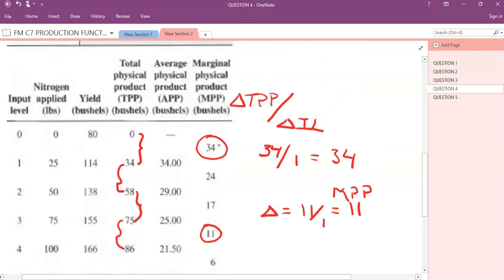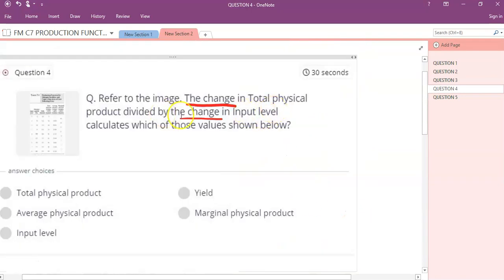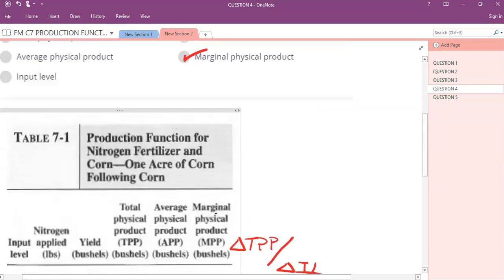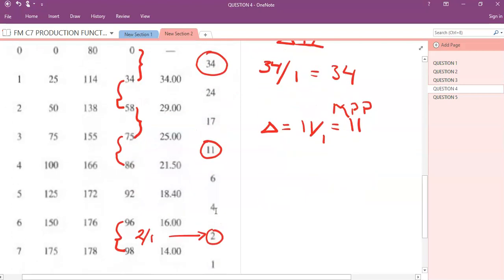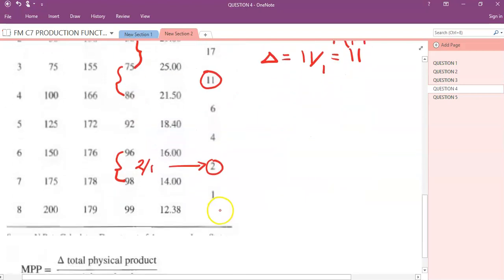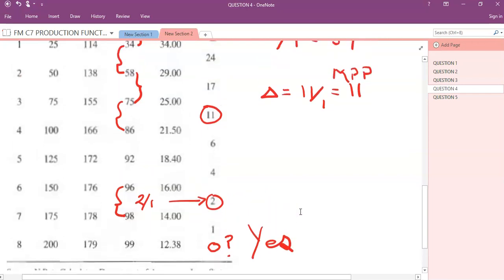Back to our original question. The change in total physical product divided by the change in input level calculates which of those values shown below? Marginal physical product. There's our choice right there. Is it possible that this marginal physical product could go to 0? Could that happen? Yes. One of the ways we talked about this in economics was consider you're having some French